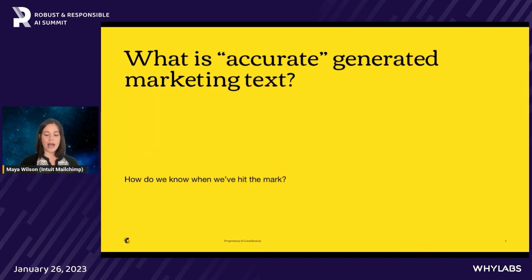We also think about this in a few different dimensions, like, did we get the content right? Subject lines are intended to look different than alt text. Alt text is supposed to be a description of what's in the picture. It's not supposed to be an Instagram caption. So the actual application matters a lot.